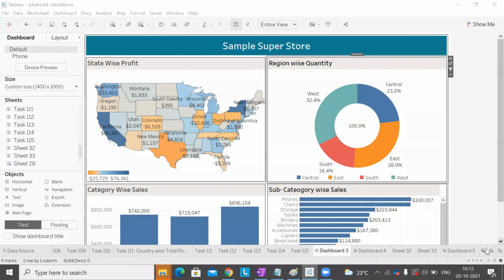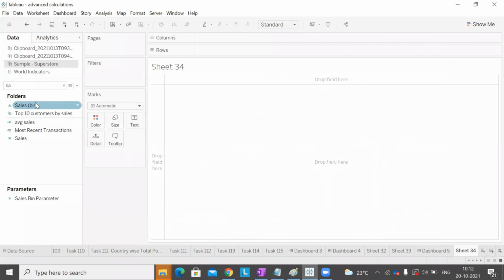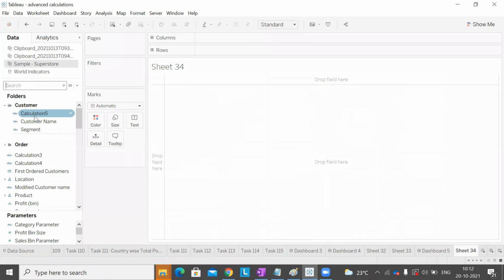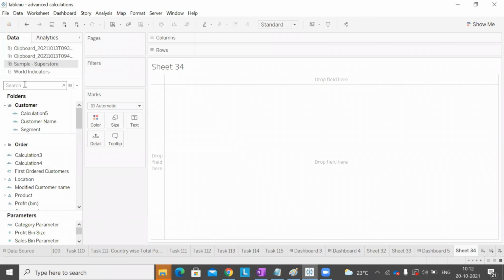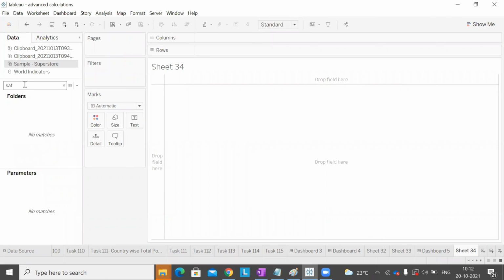So I'll tell you one last example, on excluding values. I have state wise